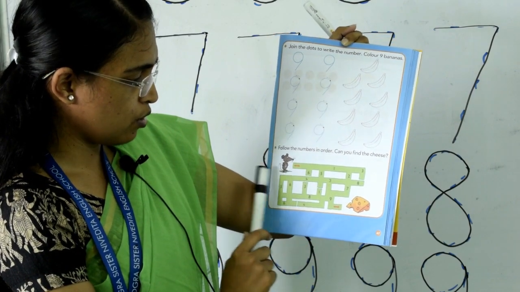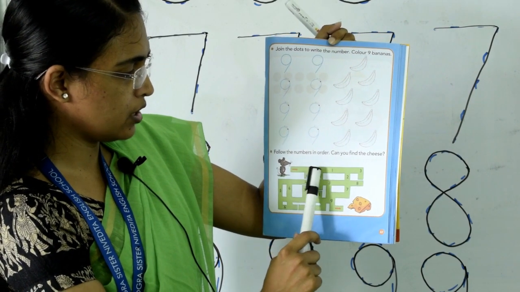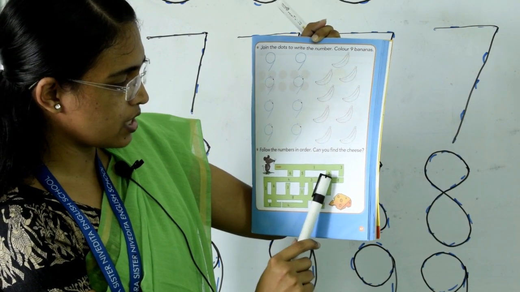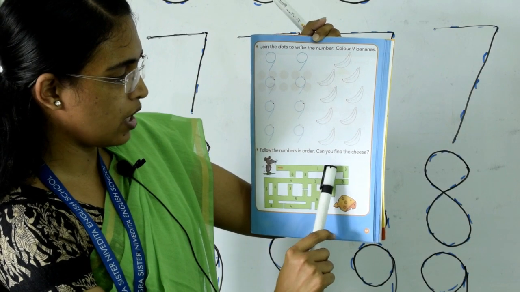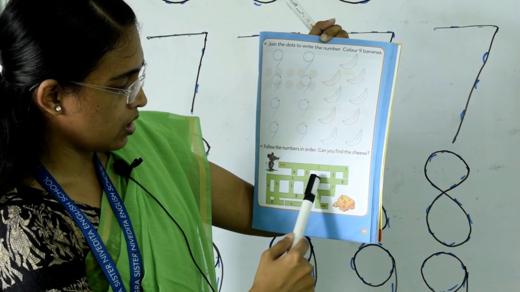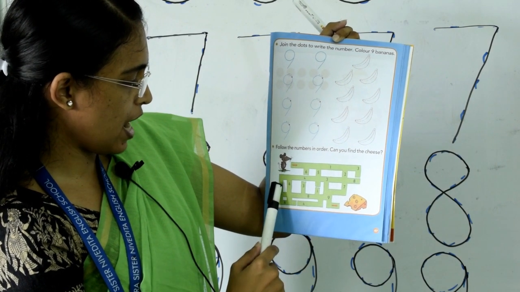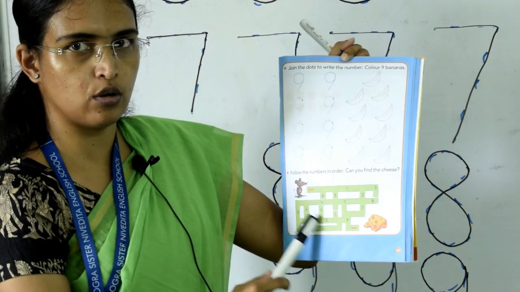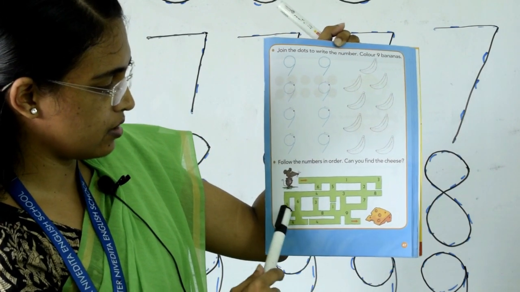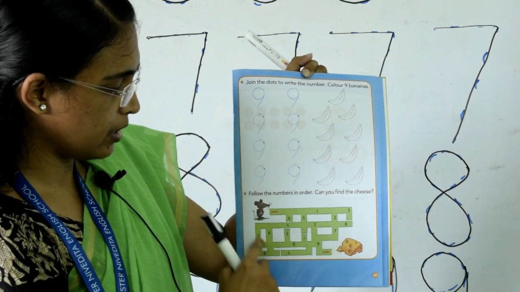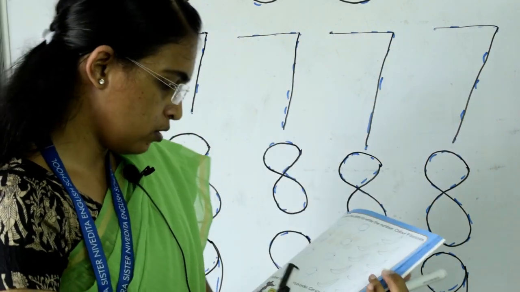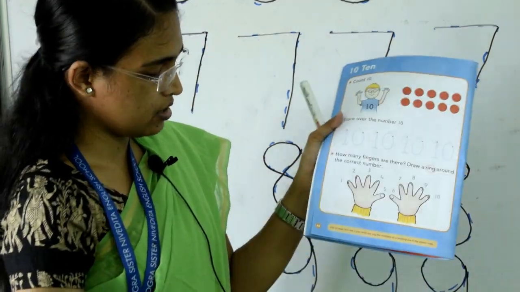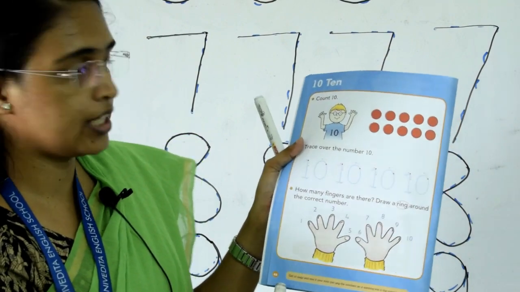Okay, so from here you have to start and go up to 1. Then where is 2? Yes, it is here. So you have to draw like this: 2, then 3, then 4, then 5, 6. In this way you have to go. Okay, you have to complete this according to the numbers. Now turn the page and come to the next page, that is page number 48.